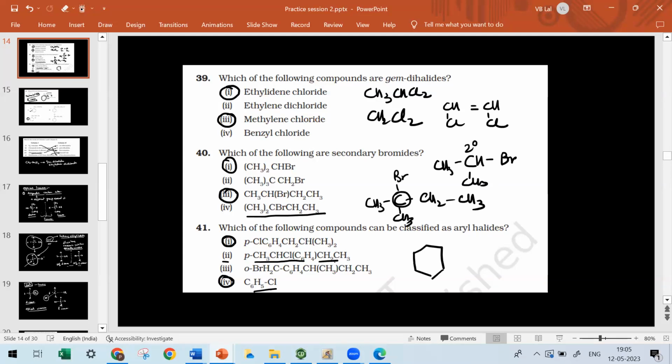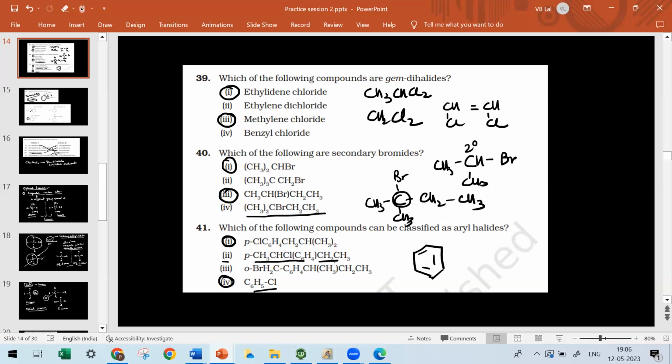So here also there is C6H4, which means there is a benzene ring. When it is C6H6, this is C6H6. The moment I put something on the benzene ring, it is always in place of hydrogen. So on the para position, there is a